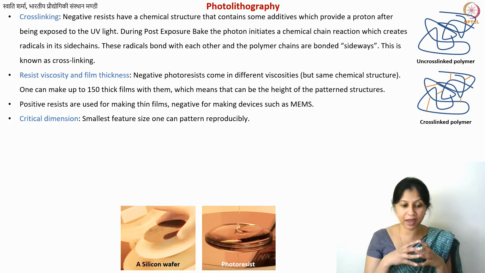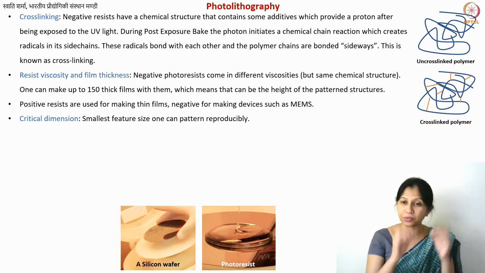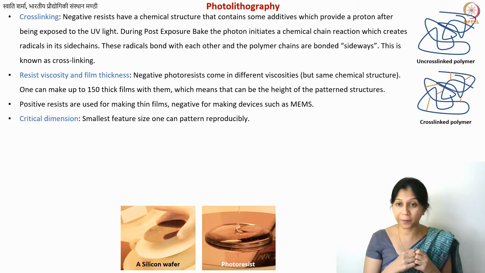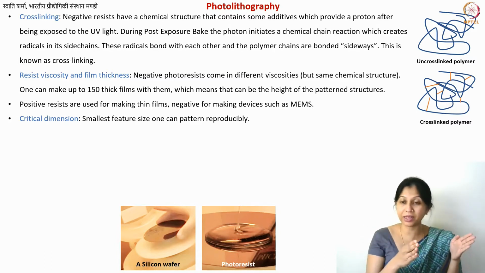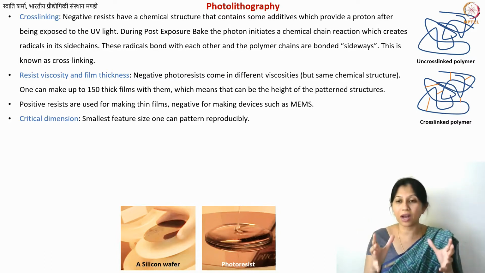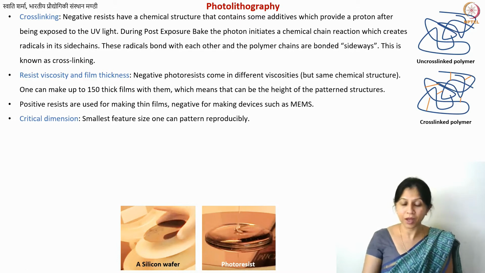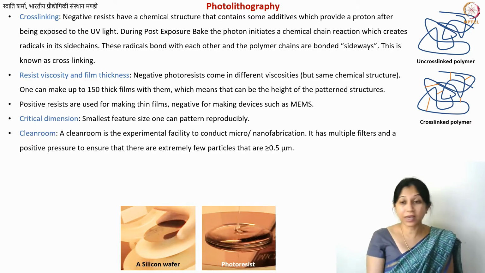Let's say I design a nanoscale 3D printer which only works with a certain type of ink or certain type of resist. In that case, using the combination of this resist and my instrument, I can say this is the overall critical dimension of the process that can be performed using this particular equipment.